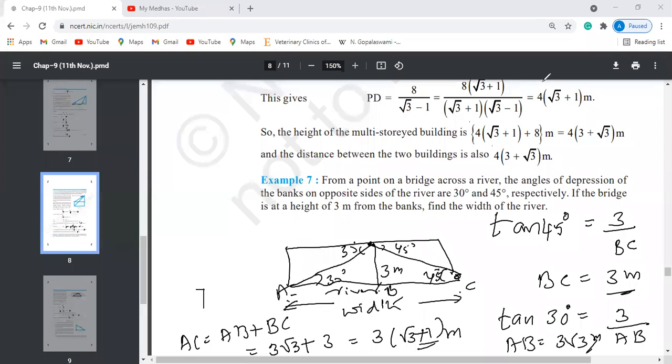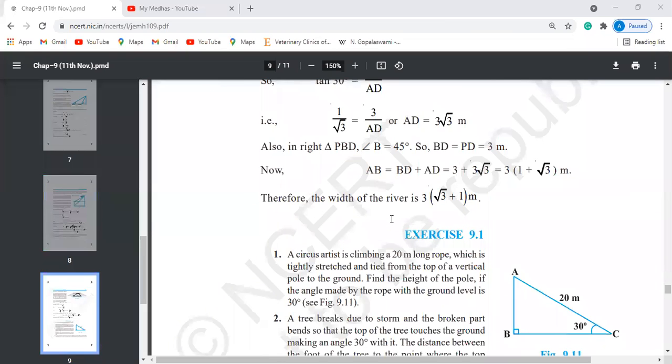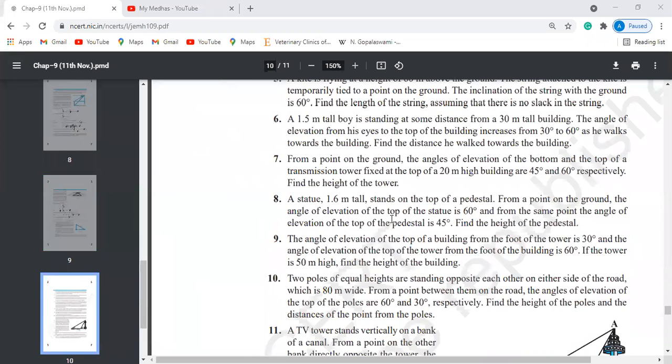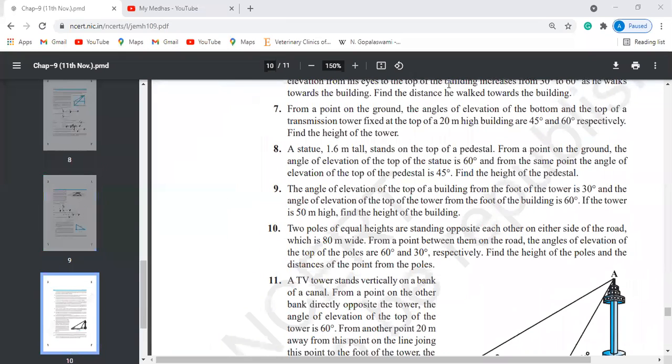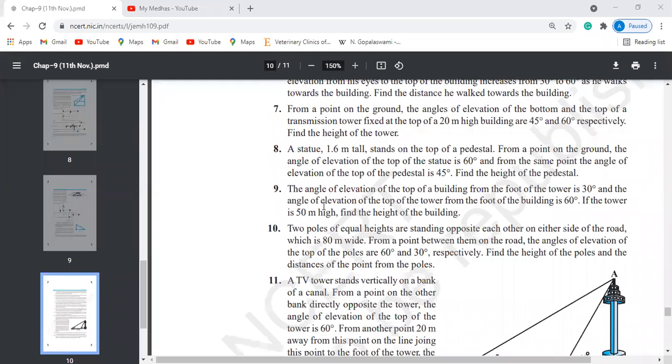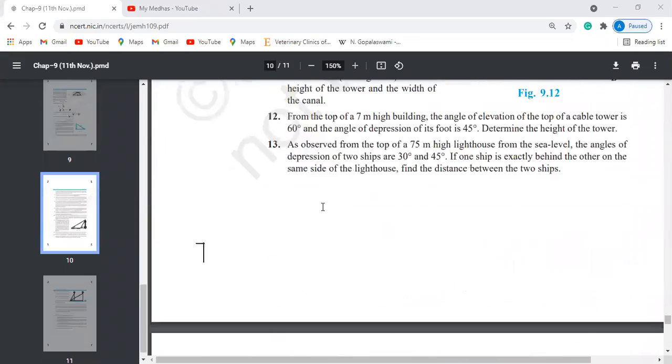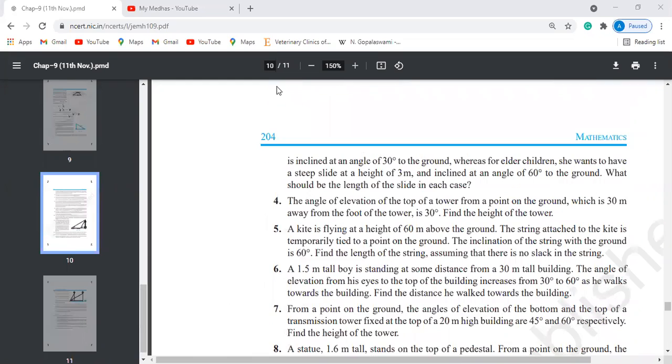Let's move on to the problems in this. So here ends all the example part. Okay, I mean the example part, sorry, not the exercise. Exercise you can do it here. Okay, I forgot to send the textbook at the time. Let's solve one by one so that that will be easy. We have done the fourth one, right? Okay, fifth one.